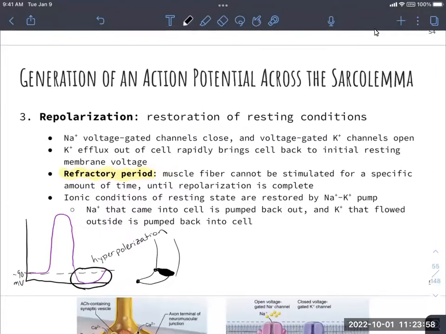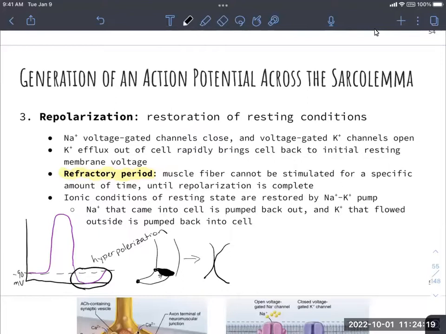So during this hyperpolarization point, this little ball and chain part of this voltage gated ion channel, what is happening is that channel